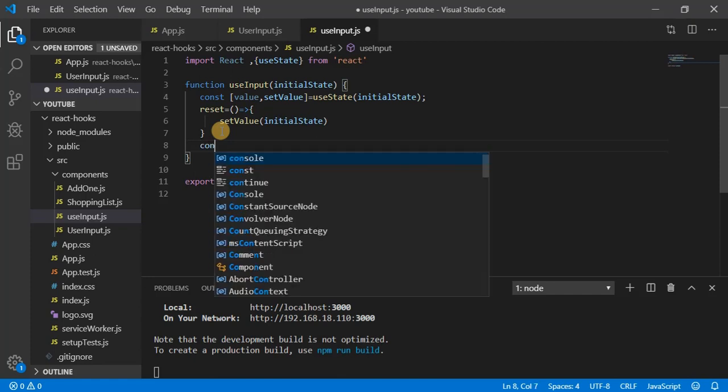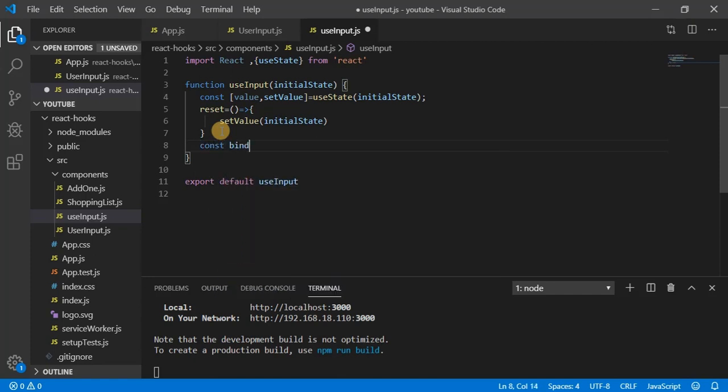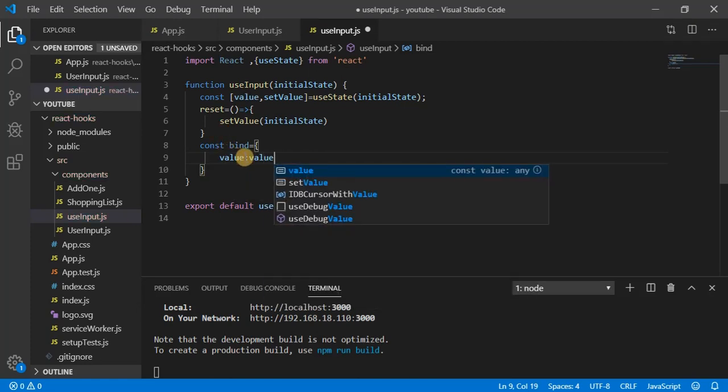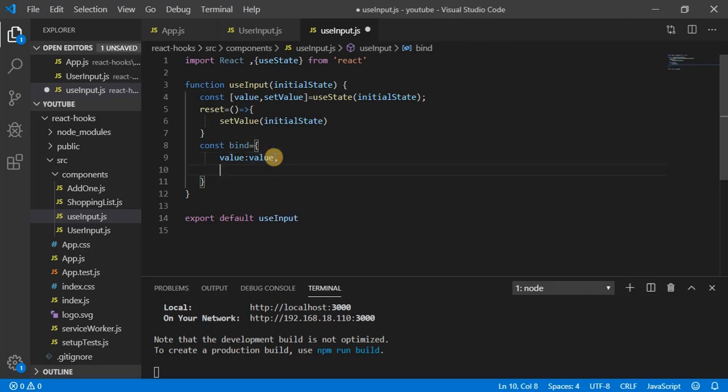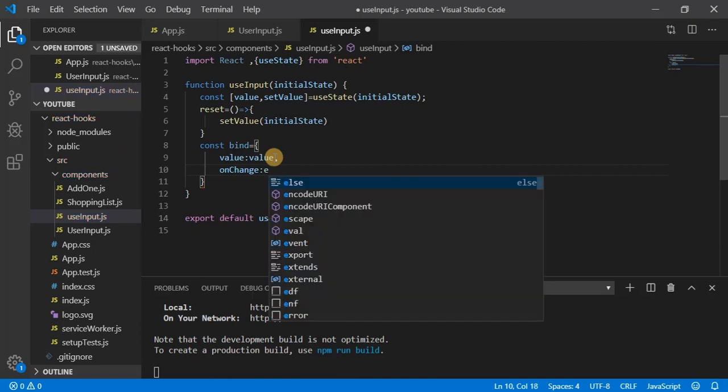Now let's create one more const, bind, and bind is going to have two properties. Basically it will return value, comma, value. So inside, the value will be there. And next, as you know very well, we will write the onChange method. So let's write onChange, and as we know onChange is going to take one parameter called event.